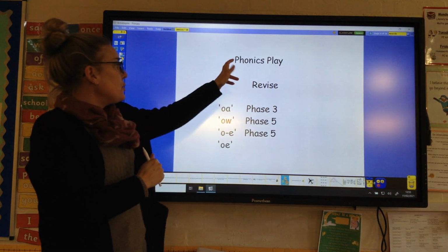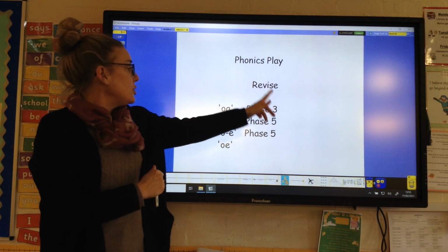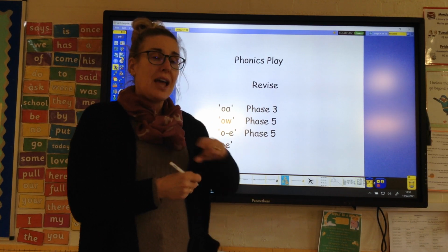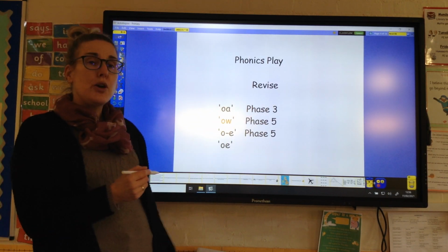And then we also looked at a few words where the O and the E are still stuck together. So if you go on Phonics Play, you can have a go at playing some of the games using words with this phoneme in, and have a look at those words and maybe have a go at writing some. And when you do your spellings in a minute, you could see if you could put some long O words